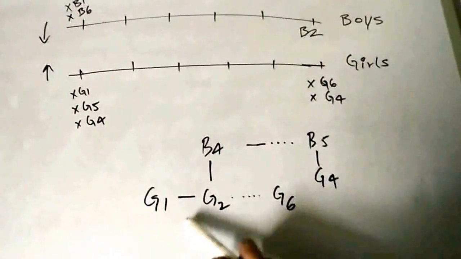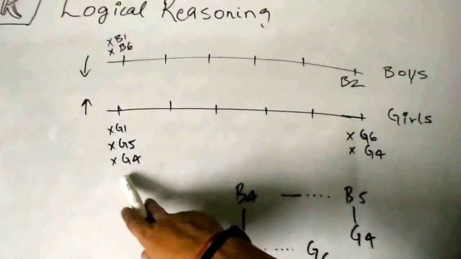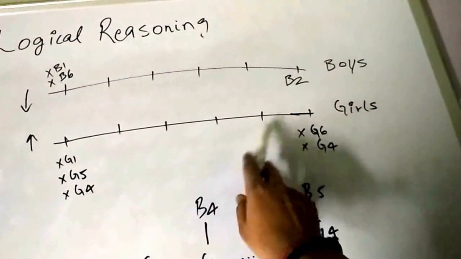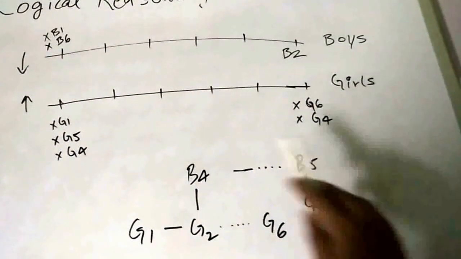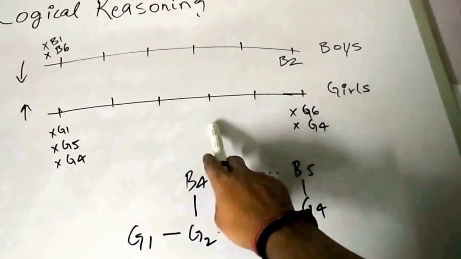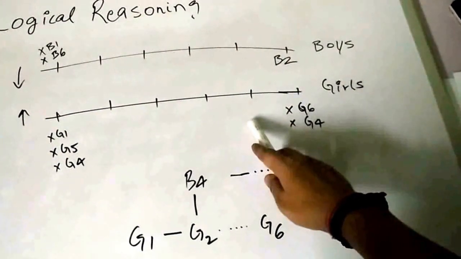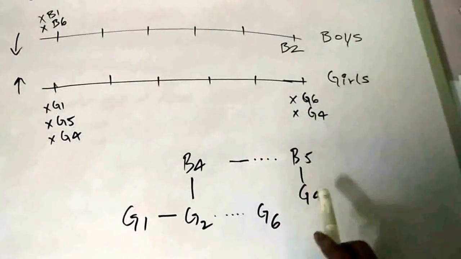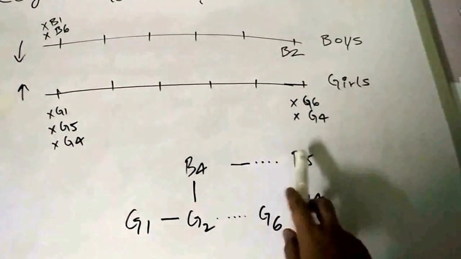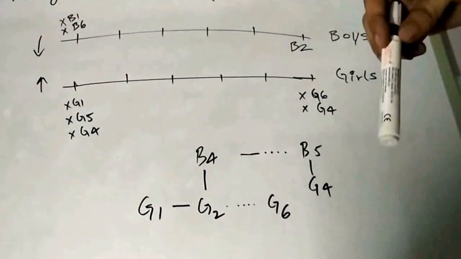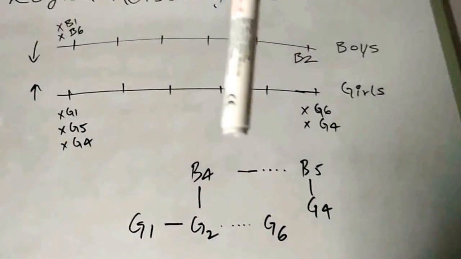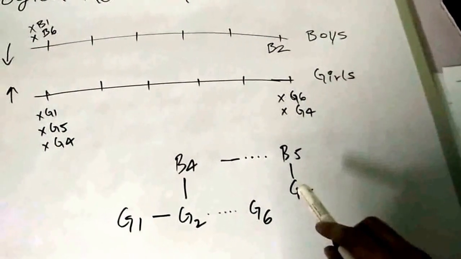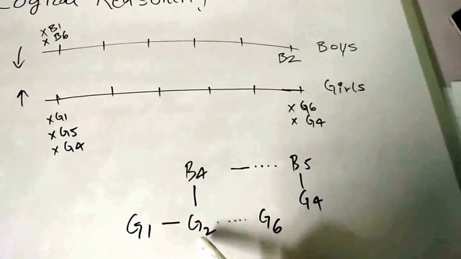So let's try putting G1 and G2 together in this line. G1 cannot come here, right? So G1, G2 and G6 can be here. G6 cannot be here, right? But as we can see, if G1 and G2 come here and G6 comes here, then there is no place left for G4. In this diagram we can see that G4 must be after G2, because B5 is on the left side of B4 if seen from here, and G4 is just opposite to B5. So we can easily say that G4 must be on the right side of G2.